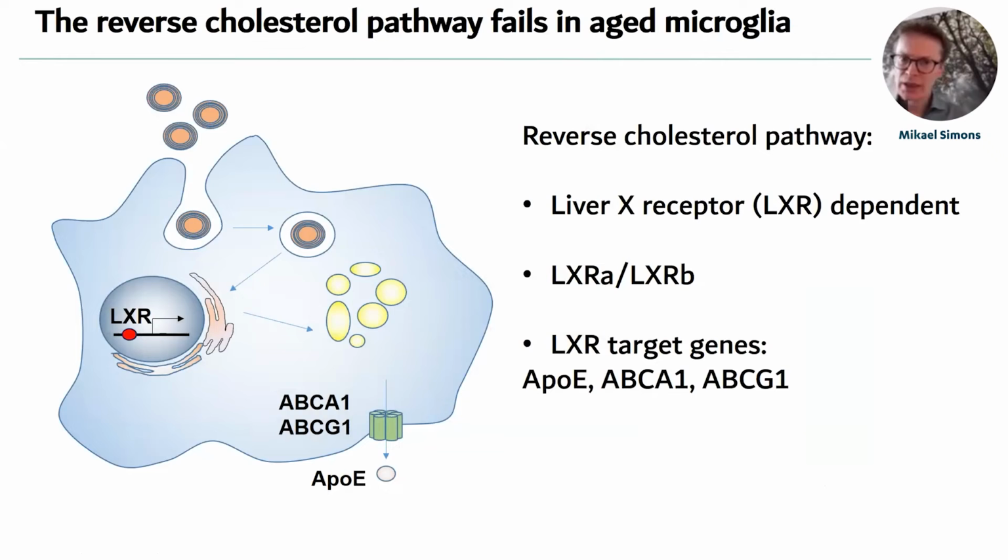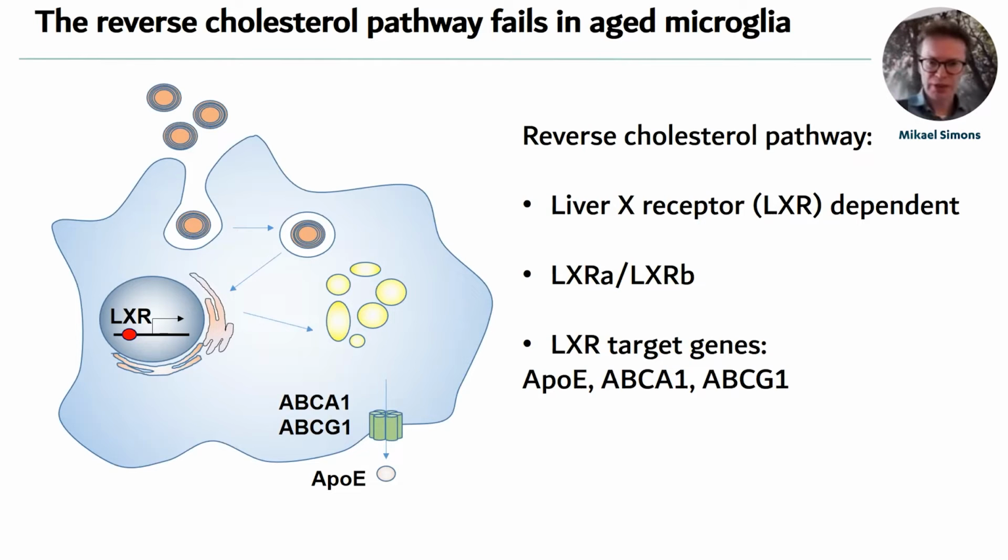Now, what we identified was that there was an impairment to induce the reverse cholesterol pathway in aged microglia. The reverse cholesterol pathway depends on the liver X receptor transcription factors. These are nuclear transcription factors that sense oxysterols. When they have done this, they induce a transcriptional program that depends on ApoE and ABCA1 and ABCG1. ABCA1 and G1 are transporters that are localized on the plasma membrane, and ApoE absorbs the lipids from these